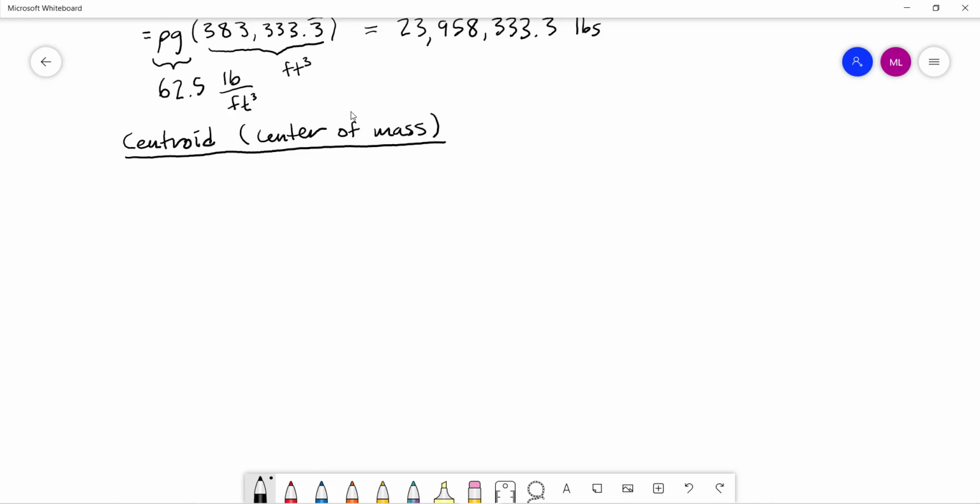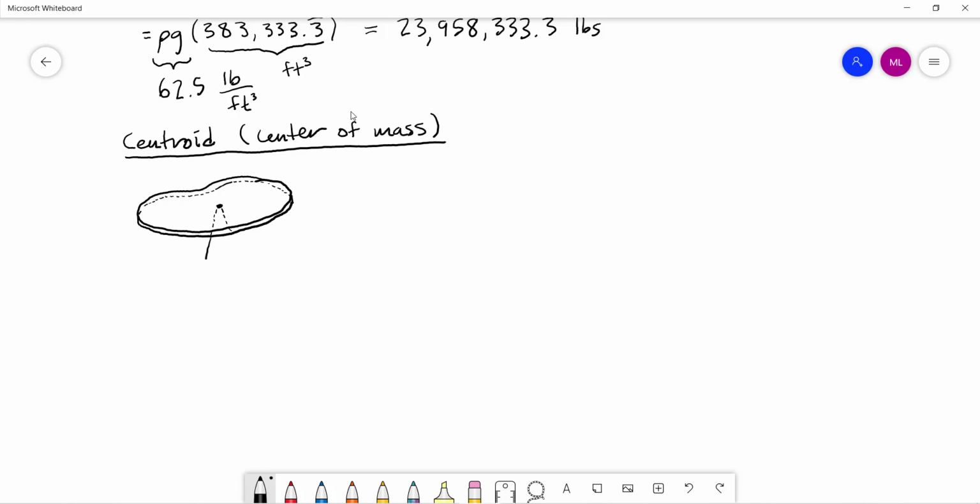So if I draw here some region, let's assume that it's really, really thin, because you'll do this in Calc 3 and learn how to do it for fully three-dimensional objects, but for us, we're treating it as a 2D object. So this thickness is basically vanishing. We'll be able to find the point on which